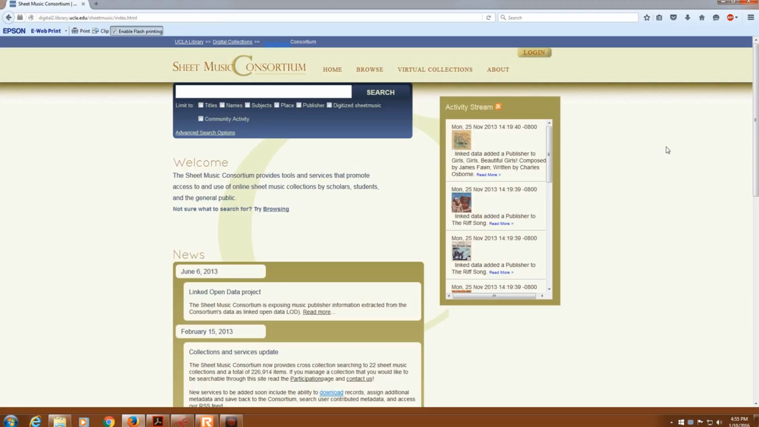But I have a special use. When I talk about sheet music, I am only interested in the pop songs in historic sheet music going up till about 1922. And here I am in the Sheet Music Consortium. Let's go and take a look at